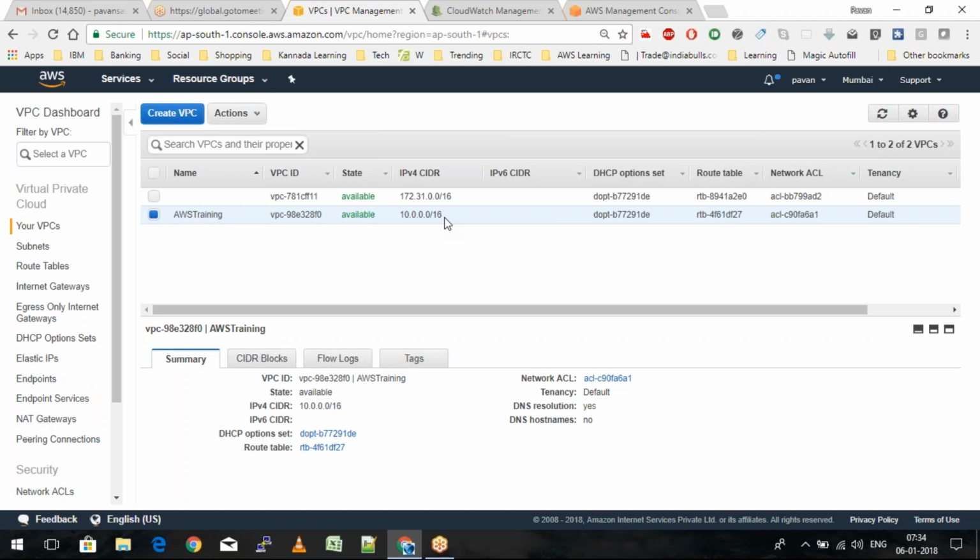If anything is coming from outside, then we can easily track from which VPN connection whose request has come, so that we can track the misuse being done. So the flow logs basically help you find out who is trying to access your VPC, at what point of time, from which IP address, and other things. It's just like a logging feature to help you track each and every activity that is happening in your VPC.